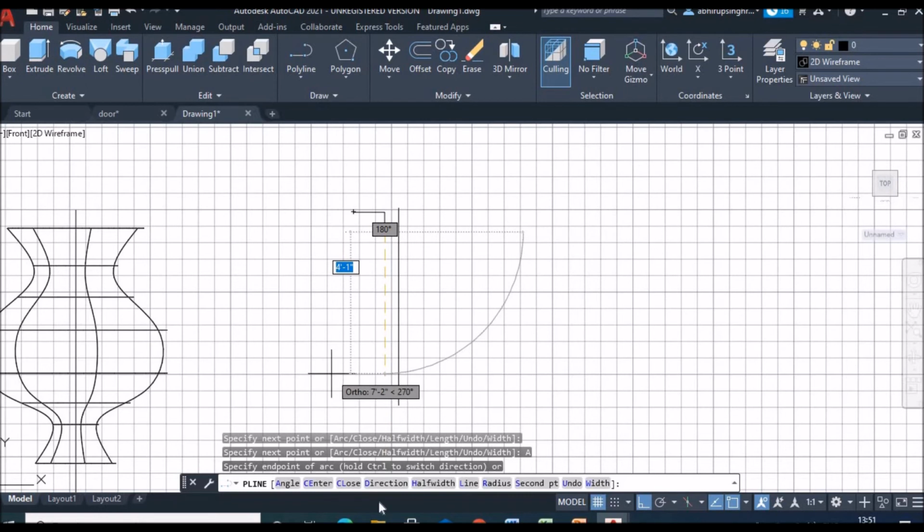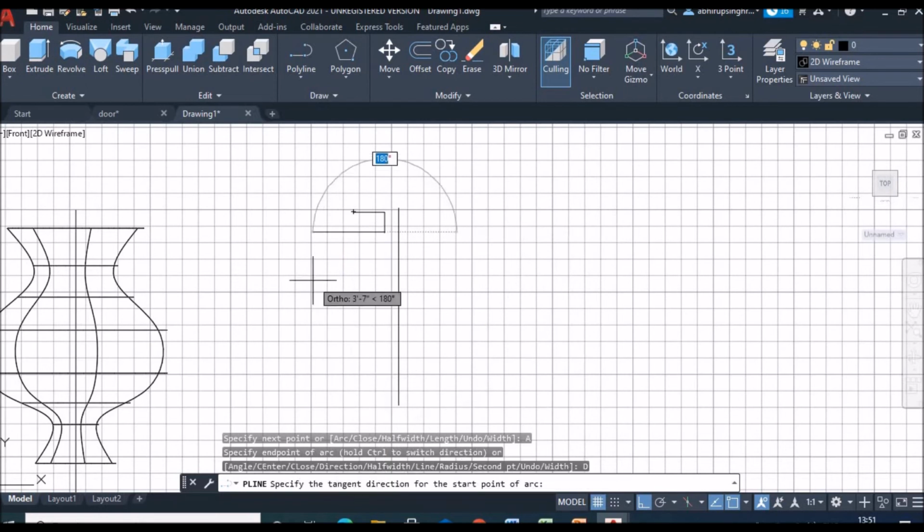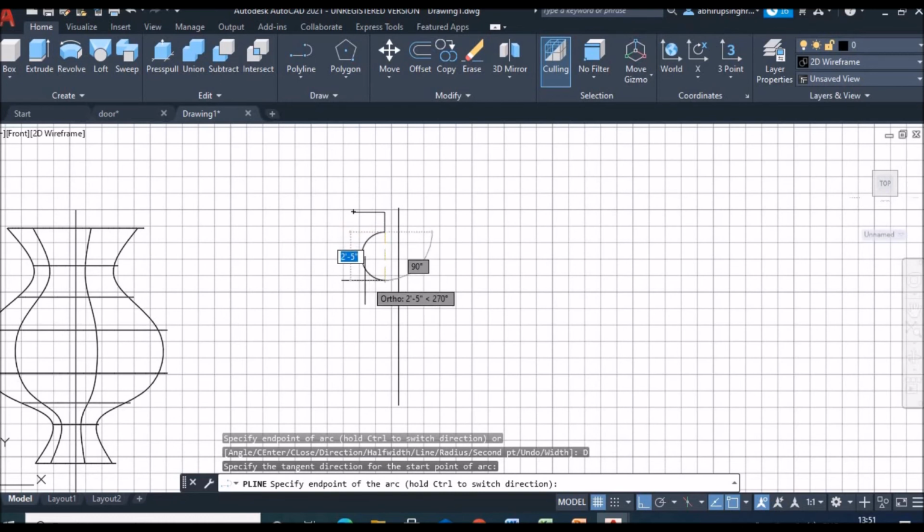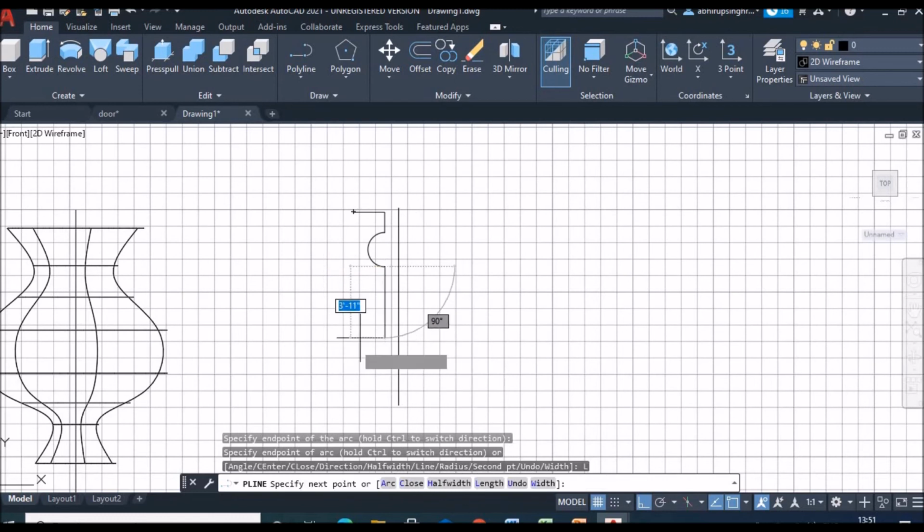So I take the direction command from here. I give the arc a direction, and I get an arc. I don't want another arc, so I come back to line. Look at the command bar, line, the hand is in the line. So I come back to line